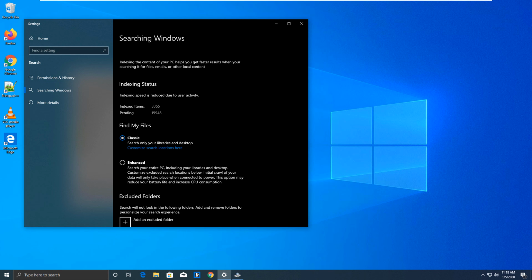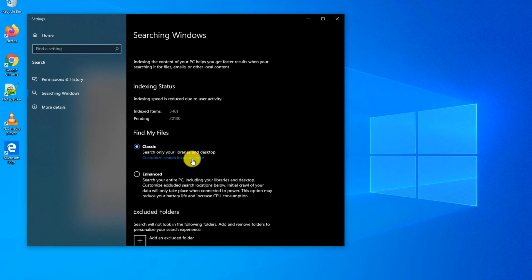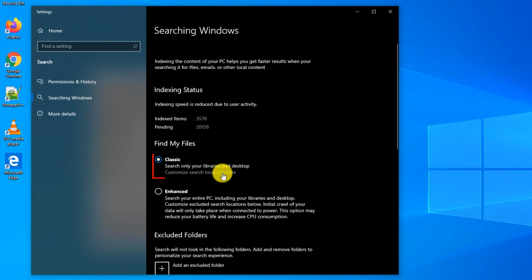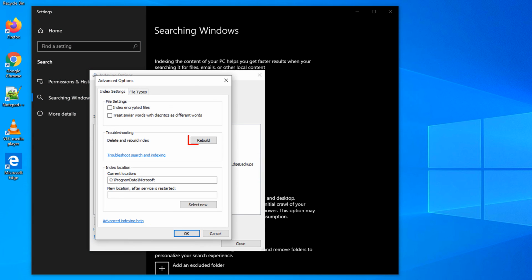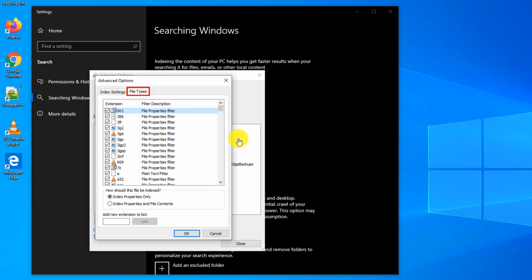Sometimes when you copied or created a lot of files on your computer, you might consider rebuilding the index. To do that, you click on Customize Search Locations here, and here you go to Advanced Options. In addition to rebuilding the index by using Rebuild button, you can also choose if you would like to index encrypted files. If you navigate to File Types area, you can granularly define if you want to index specific file